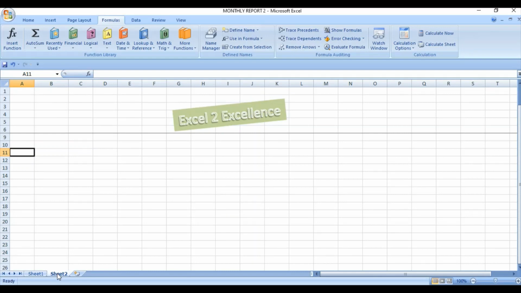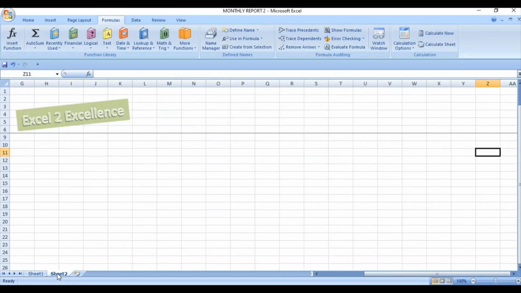Friends, a total of 32 columns are required for the creation of a typical monthly report sheet. So we will select 32 columns up to column AF.